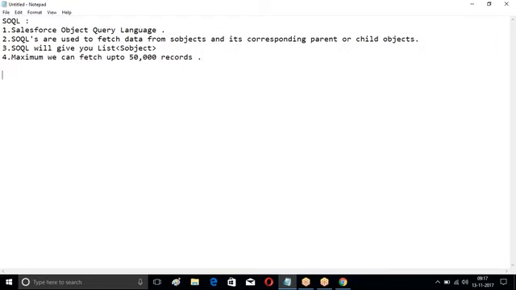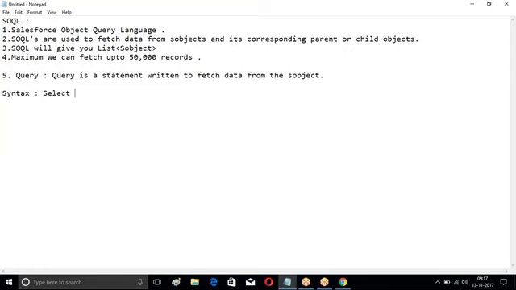Right. Next, we are going to use a query. What is a query? A query is a statement written to fetch the data. So, the basic syntax: select fields from sObject. When you say select fields from sObject,